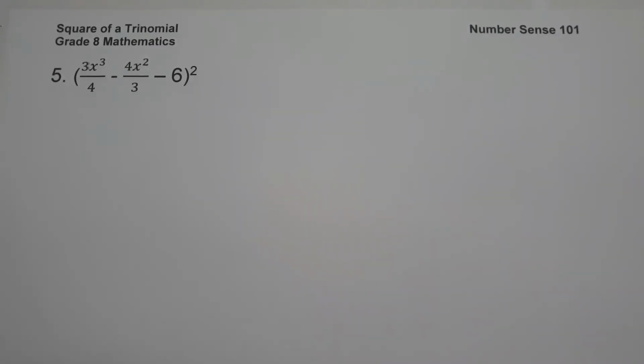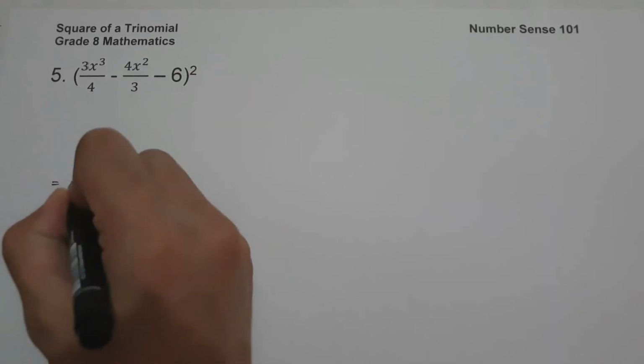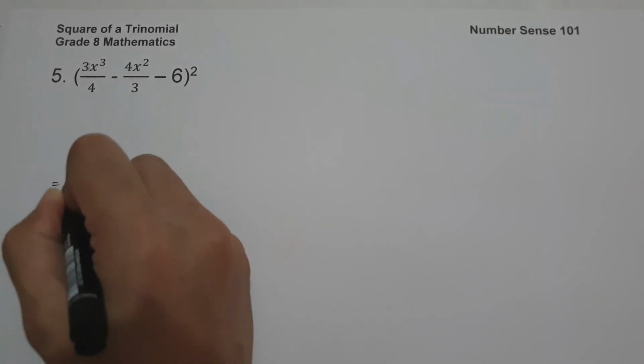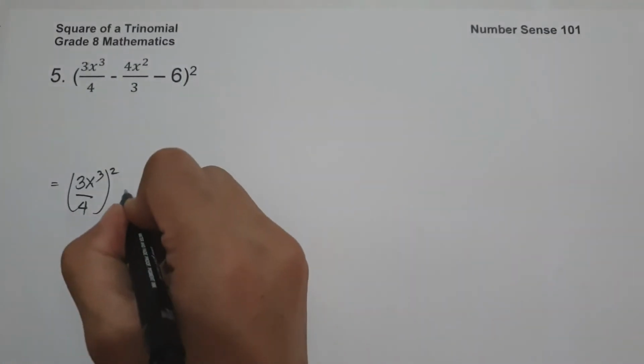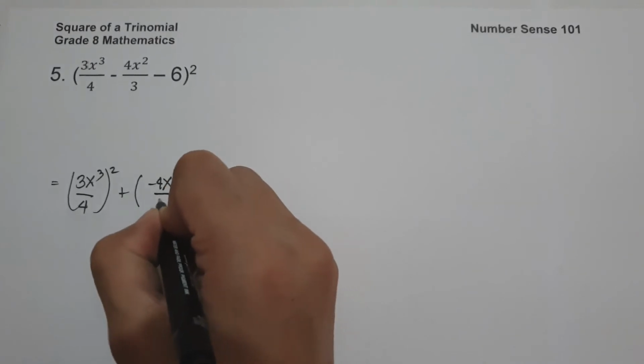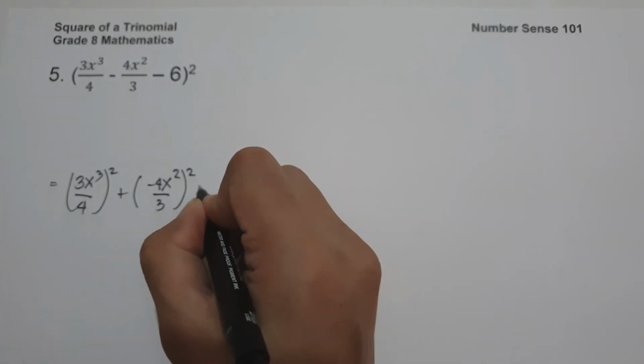On our last example, we have quantity 3x cubed over 4 minus 4x squared over 3 minus 6 raised to 2. So the first step that we're going to do is to find the sum of the squares of the first, second, and last term. So as you can see, our first term, that is 3x cubed over 4. So let us square this one. And then we have negative 4x squared over 3 raised to 2